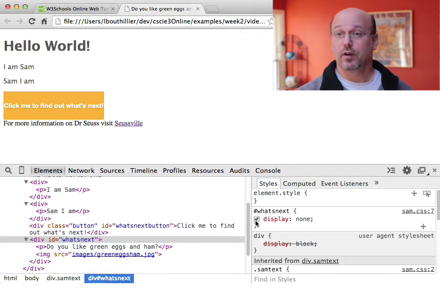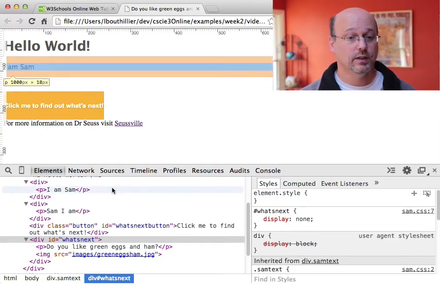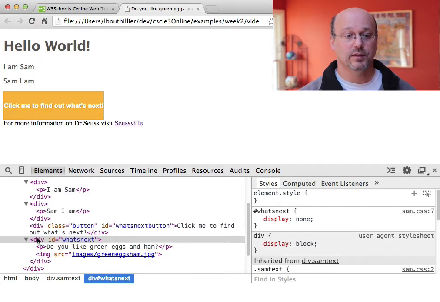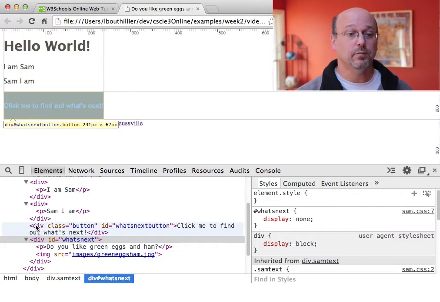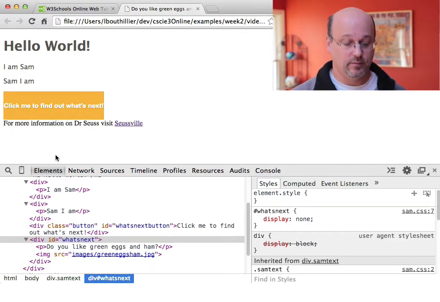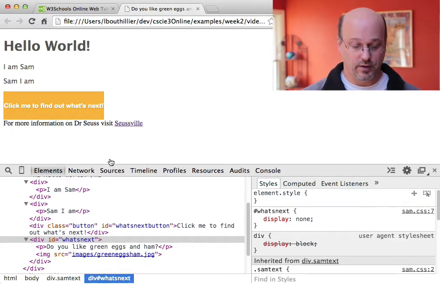And this is the thing that we're going to do with JavaScript instead of doing it right here in the debugger, but I wanted to show just how useful this debugger can be, and even finding elements on the page that don't exist. Finding elements on the page that aren't showing yet, and manipulating them in all kinds of different ways. So I'm going to go ahead and leave that debugger open, and we're going to jump back and actually